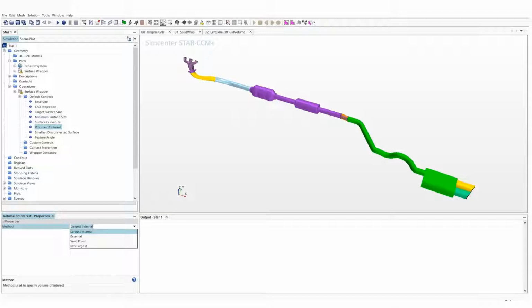The second one, which you can see, is external, which we will be selecting now because we want to wrap individual components which are solid geometries. The third one is a seed point. If you have disconnected parts and you want to extract the fluid volume out of it, for example, over here we have disconnected fluid volumes, the catalytic converters in between, and the exhaust fluid. When you have disconnected fluids, you select the seed point and specify where you would like the wrap to occur. So these are the volumes of interest. For this particular geometry, we'll go ahead and select external